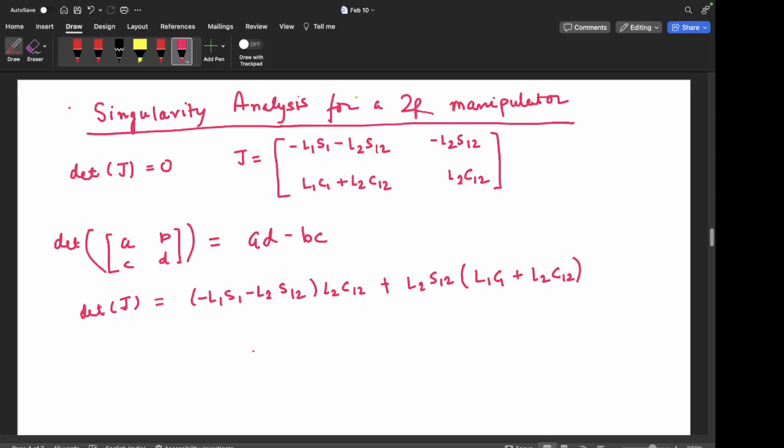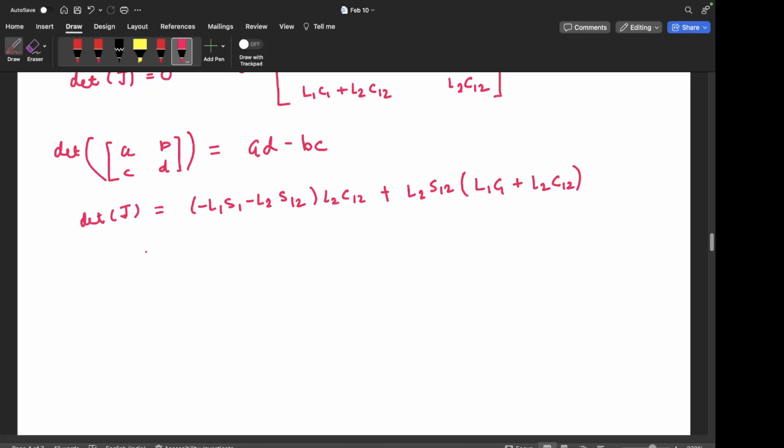Okay, now let's open these brackets carefully. So first term L1 L2 S1 C12. Again, please do it along in your notebooks also, so that if I make a mistake you can point it out,